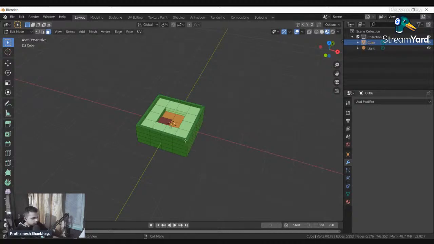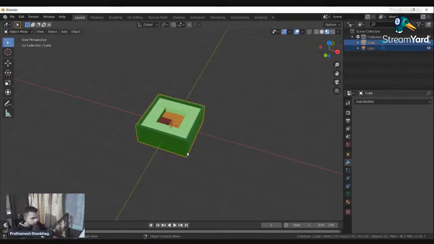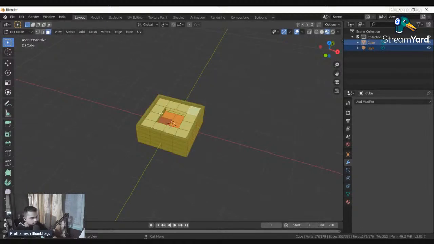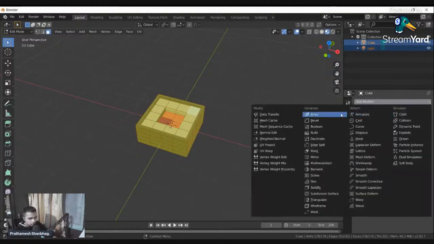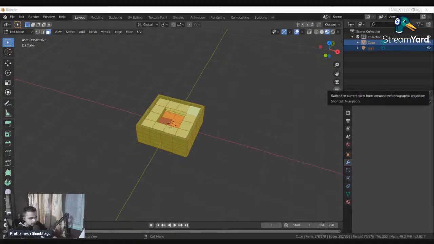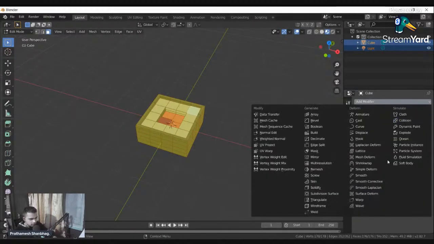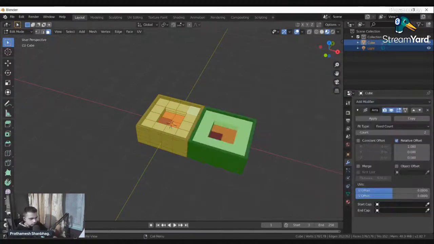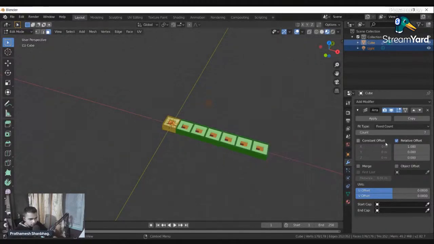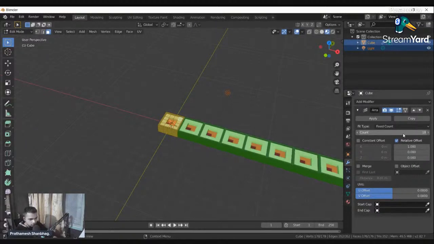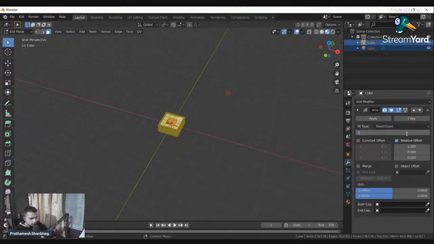So what I'm going to do is go to object mode, go to edit mode and select all, add the modifier. Click on add modifier, and modifiers, by the way, is this wrench here in the properties. Go to add modifiers, and these are the modifiers that are available to you. Just click on array, and what you'll see is now you have two sushis. Now you can increase the count. I can create as many sushis as I want. As you can see, we are going to have three.